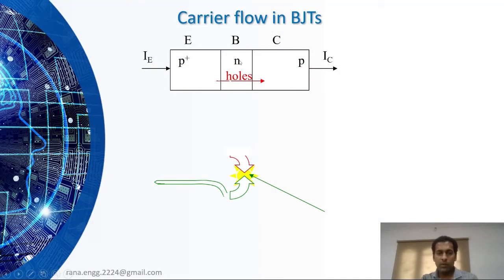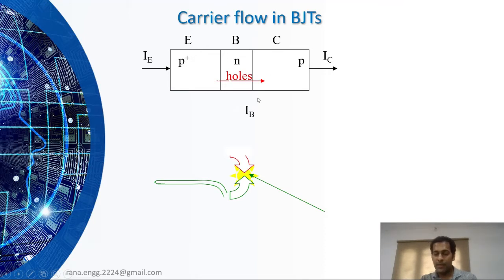Now let's see one more approach to understand the same concept. We have emitter, base, collector. The P side, left side emitter is highly doped, so we are writing P plus. There are more holes injected. If it is NPN, the N side will be more injected. So this is P plus, here we have P, and in the middle we have N. Here holes are there, this will be the flow. The emitter side should pass on the current to the collector. So the majority are holes, so holes should pass.